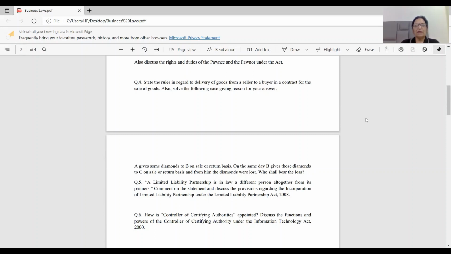A limited liability partnership is in law a different person altogether from its partners. Comment on the statement and discuss the provisions regarding the incorporation of limited liability partnership under the Limited Liability Partnership Act 2008. So friends, here,